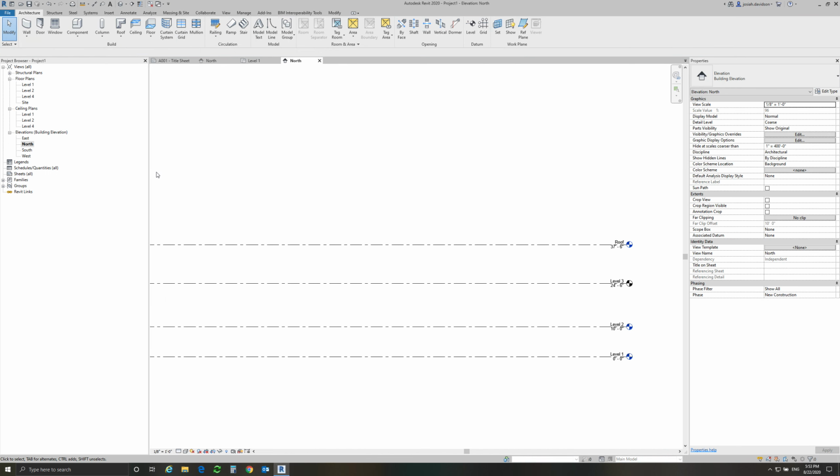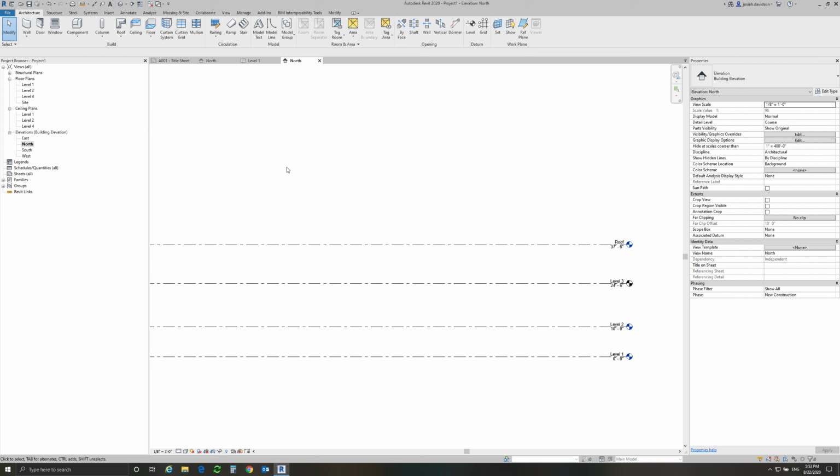So let's look over here in our project browser. You can see under floor plans, ceiling plans, I have a floor plan for level 1, 2, 4, site. But there's no floor plan for level 3. Well, that's because if you remember when we created the level 3 level, we didn't say make a plan view. If you ever want to create a plan view or ceiling view, for instance, of a level, all you do